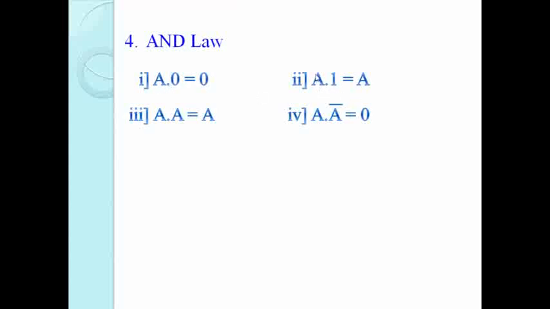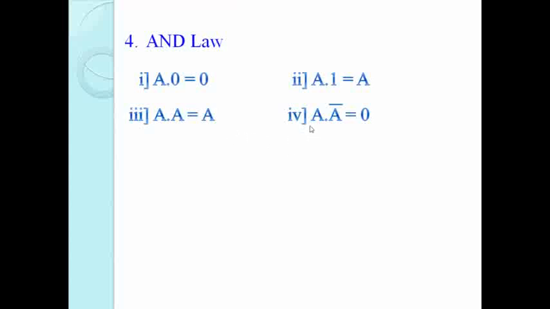Put the value of A as 0 or 1 in this equation and see the output. If A equal to 0, then 0 into 1 output is 0, meaning A equal to 0. Put A as 1, and 1 into 1 is 1. So whatever value we get for A, the output is the same. For A into A, first we put 0, so 0 into 0, output is 0. Or put A equal to 1, 1 into 1 equal to 1.